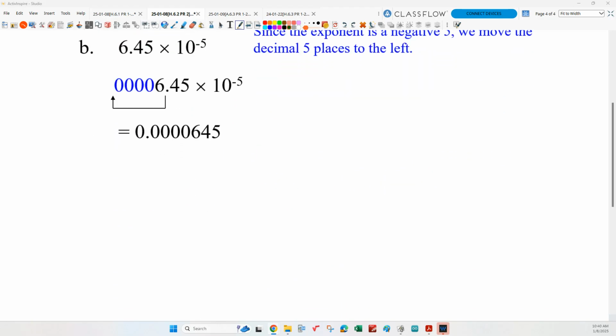How about this guy? Okay, I know it's a very small number, so I'm going to have to go 5 to the left, which is going to give me a decimal in front of 4 leading zeros, right? So that's what we end up with. Okay, good? All right, I'm done with that. You guys can work. You've got another assignment in 6.2 covering